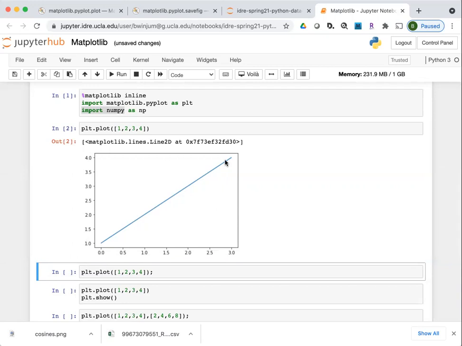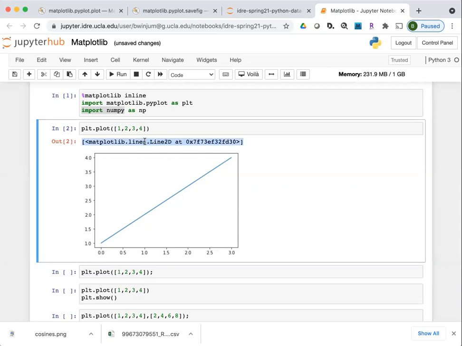The other thing you'll see that it generates is this. This is an artifact of the fact that we're executing this inside of the Jupyter Notebook. In this case, what this prints out is the particular thing that this is, which is a Line2D object.